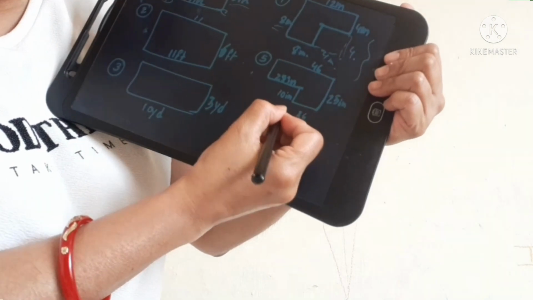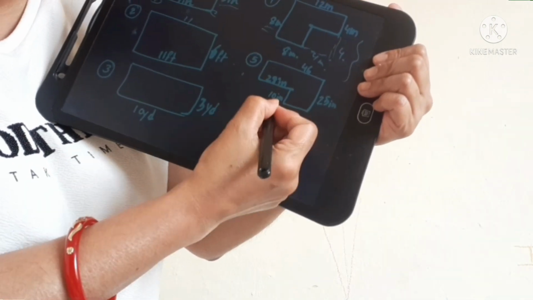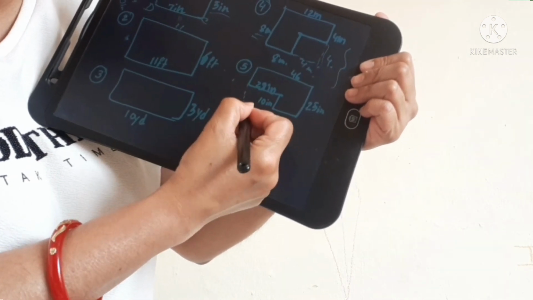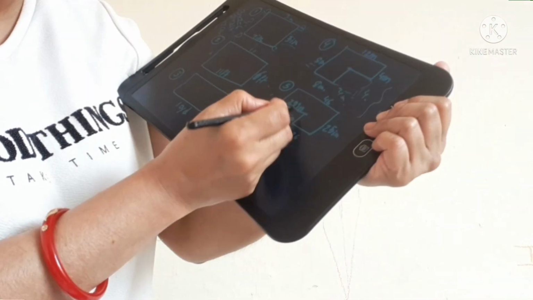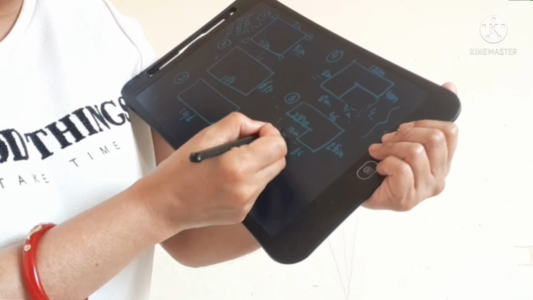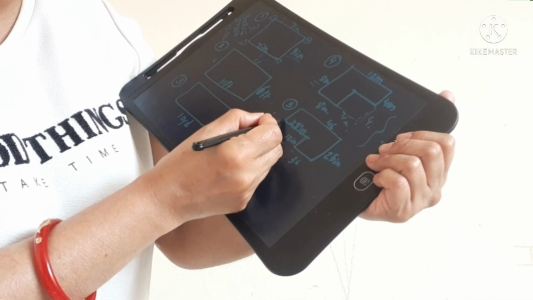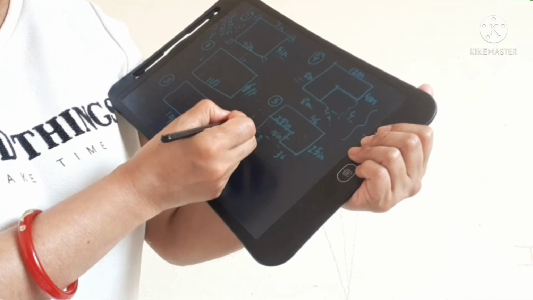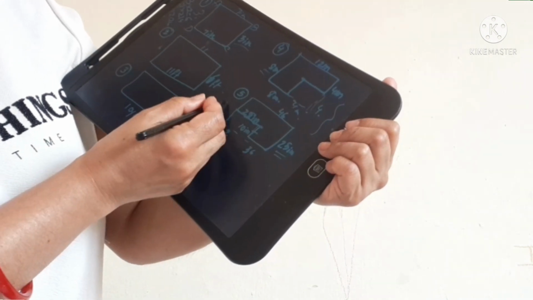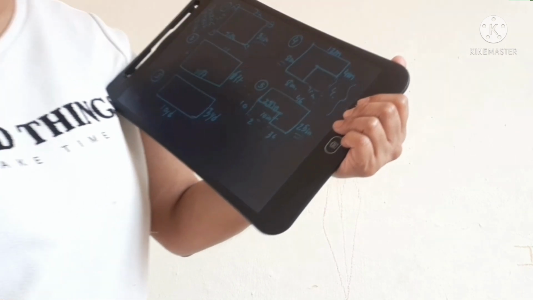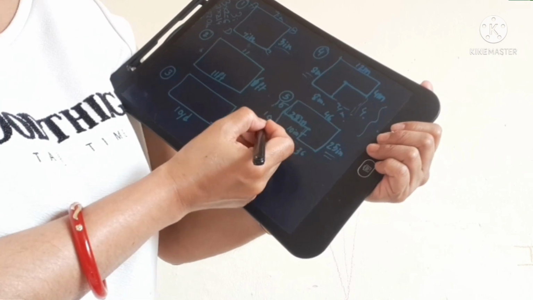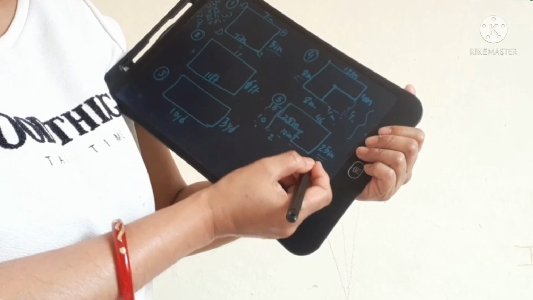This is 46 and only 10 meter is written here. If I join this line and this line, this is 28. So this line is 28. And this one is 10. This is 25. So on the 25 side, this one is 10. So what will be this side? 25 minus 10, that means 15. So this portion is 15. This portion is 10. 15 plus 10 is equal to 25.